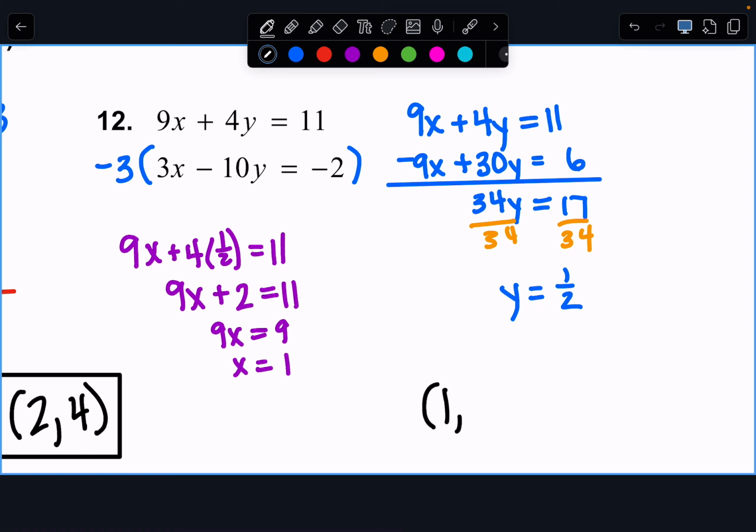Okay, so Joey, I really like that you asked that question because that's something that I want you to kind of look out for, okay? If you have a set of variables where the coefficients one is a multiple of another one, that's a good one to choose. If you have a set of variables where one of the coefficients is 1, that's a good one to choose. If neither of those things are happening, choose which one you would rather multiply the numbers by. Okay? All right. So